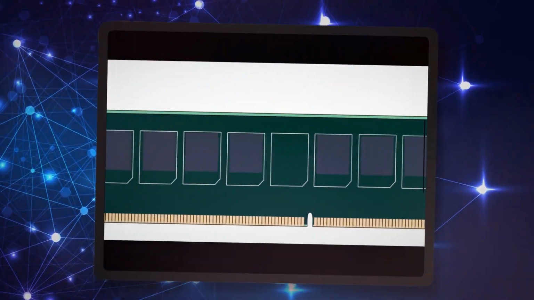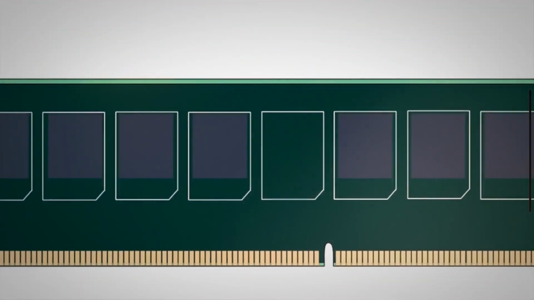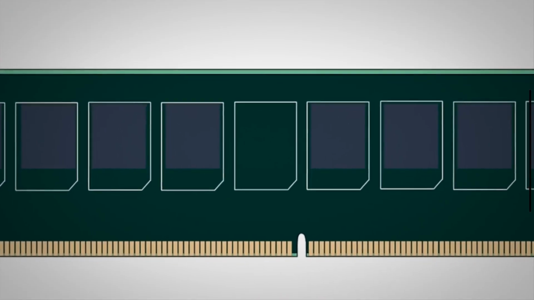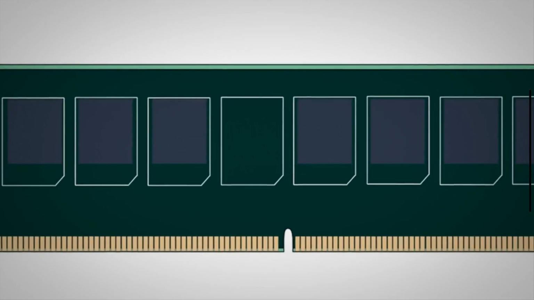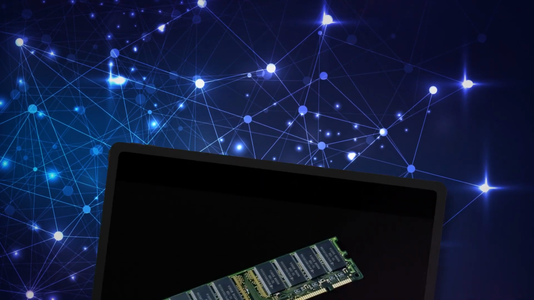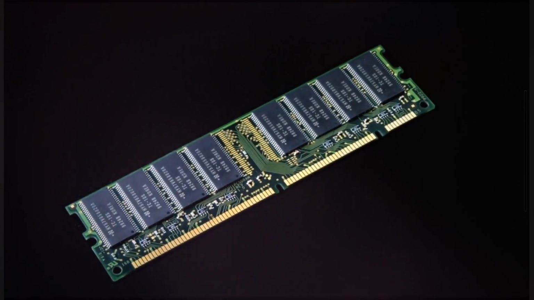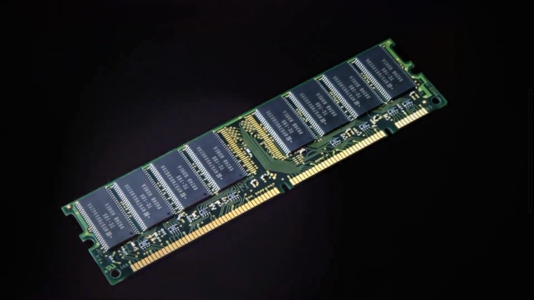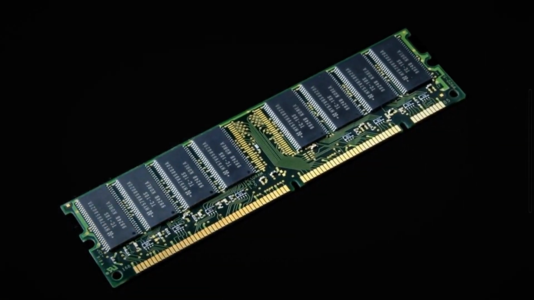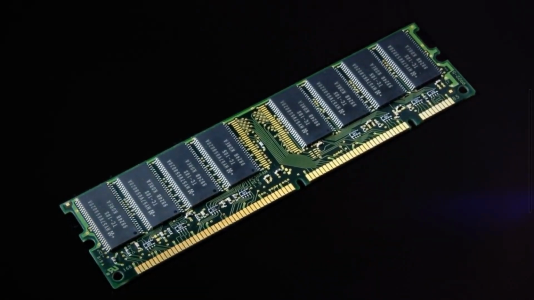Working in tandem with the processor is random access memory, or RAM. This temporary storage system holds data that the CPU needs immediate access to, functioning like a workspace where active tasks reside. Unlike permanent storage, RAM is volatile, meaning it loses all information when power is cut. The speed at which RAM can deliver data to the processor directly impacts how smoothly applications run and how many